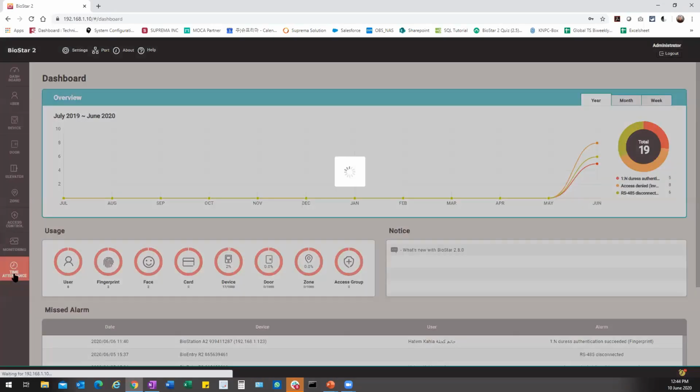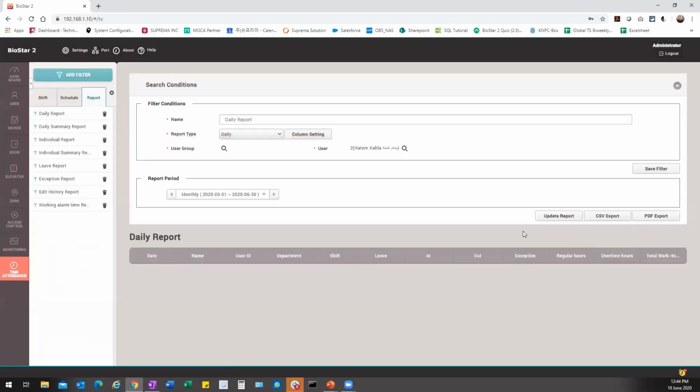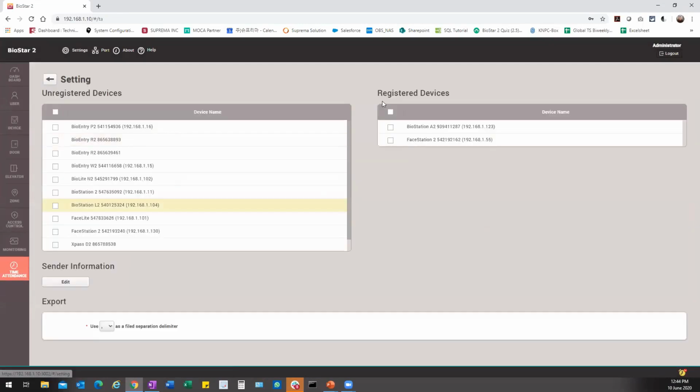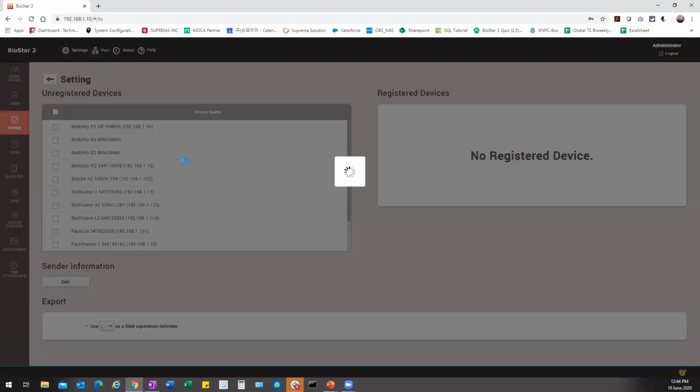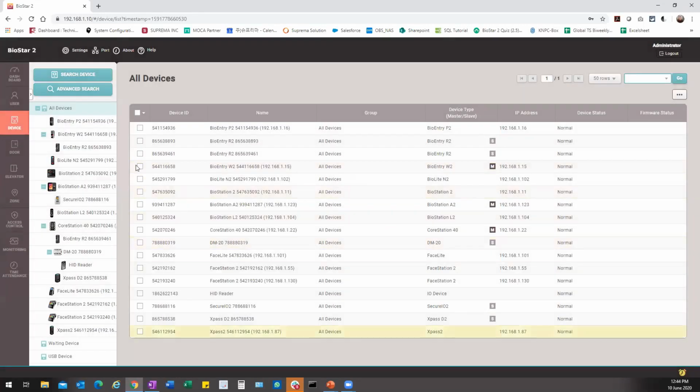Now, if you go to the time attendance menu, it should have the setting button, if you remember. When you click the setting button, this window is going to be in front of you. For example, for unregistering the device, I choose all the devices and unregister. This should be what's in front of you. All the devices which are on BioStar 2 are going to be displayed under